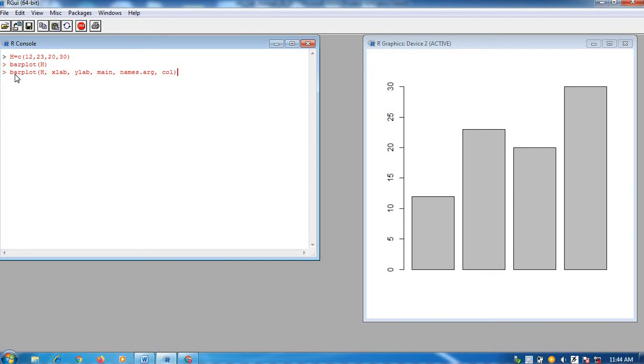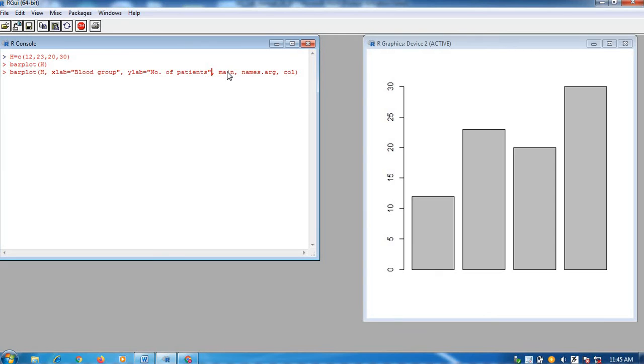I have pasted the whole format here. Now we will assign values. xlab gives the information about the label of the x axis. Suppose the label indicates the blood group. Then I want to give the label of the y axis as number of patients, for example.